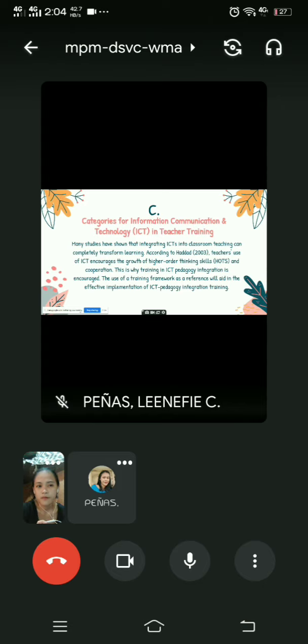So this framework encourages teachers to do some trainings in integrating technology in their classroom so that integrating technology in the pedagogy approach will make the classroom more conducive for learning and can give the students more opportunity to learn or master some skills and